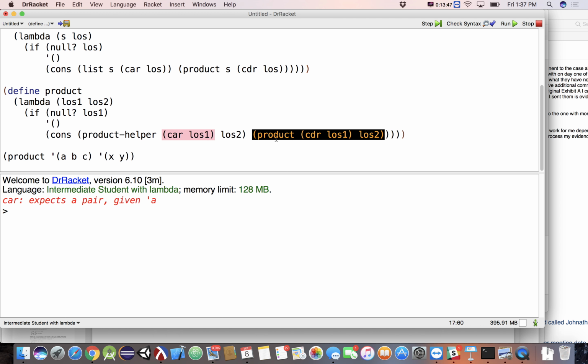Oh, product of, oh, this should be the car. Product helper takes in a symbol, so car of LOS1. And we're consing that onto the product of, oh, no, this should be cdr. That's going to get the cdr of LOS1 along with the entirety of LOS2.